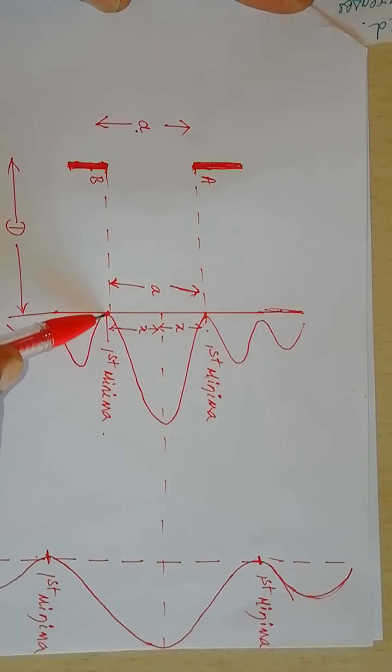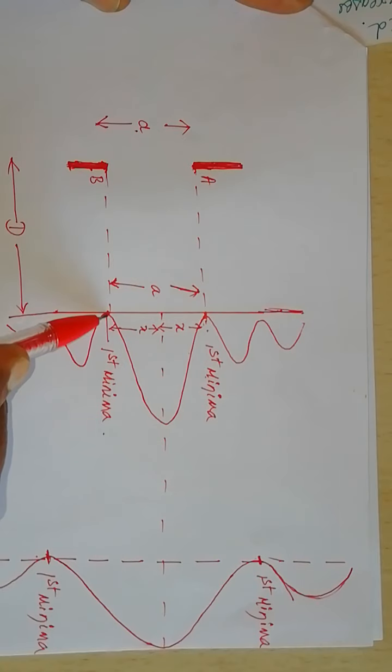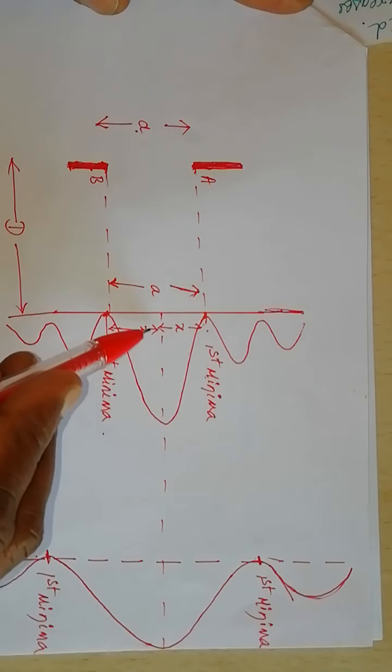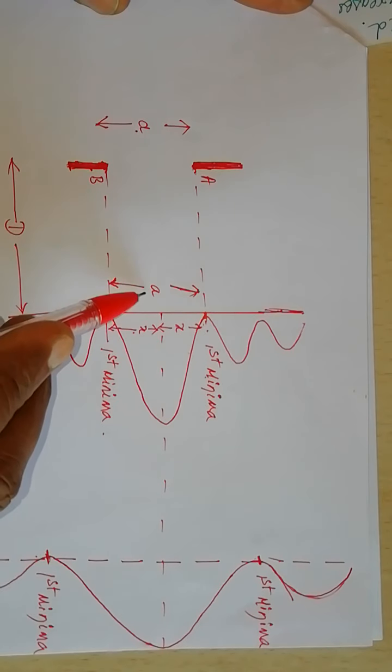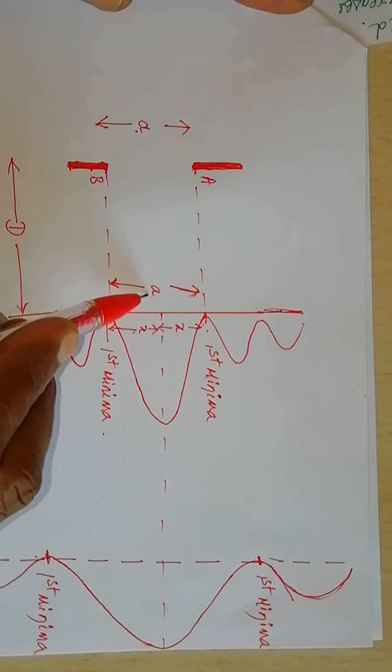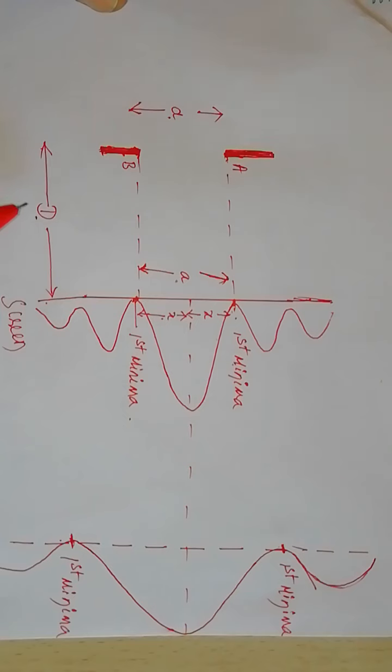The first minima on the other side of the screen is formed exactly opposite to B. Then the linear width of this central maxima, 2x, is equal to the width of the slit a. If capital D is the distance of the screen from the single slit, if this capital D, that is the distance of the screen from the single slit, is increased,